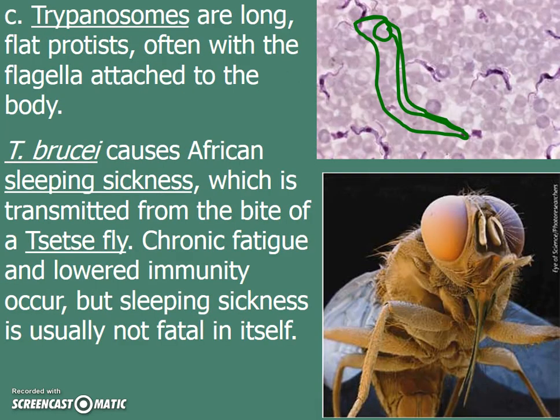A third group of flagellates are the Trypanosomes, and I tried to sketch it out here. Here in the purple, you can see the Trypanosomes. They look, well, I don't know what you'd say, like twisted worms, but they have a top tail, kind of a tail fin. All right.